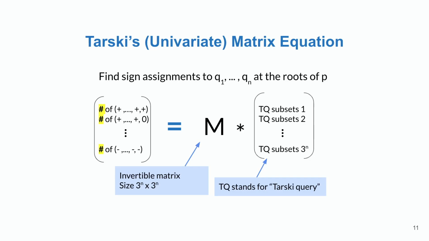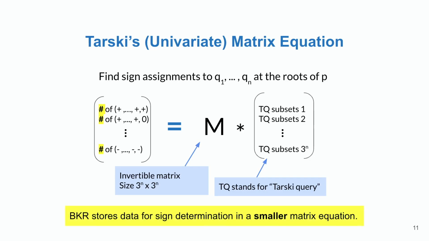And so Tarski's algorithm is actually explicitly going to construct this matrix M for us. It's going to compute this right-hand side vector with what's known as a Tarski query. I'll tell you about how those are computed in just a few slides. But I'm blackboxing the correctness of this matrix equation. It relies on an underlying mathematical result known as the Sturm-Tarski theorem, and the details are very beautiful and in the paper. The reason I show this to you is that BKR also constructs a matrix equation, but a smaller